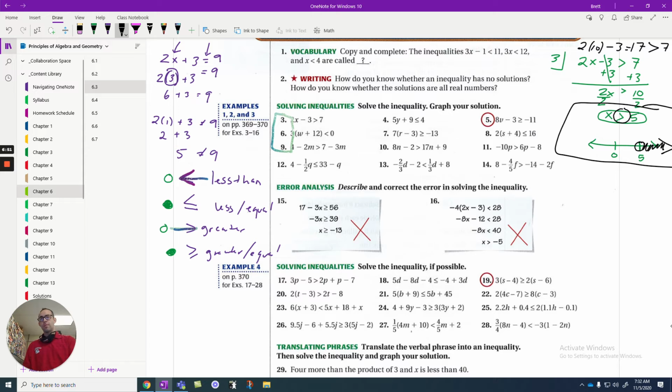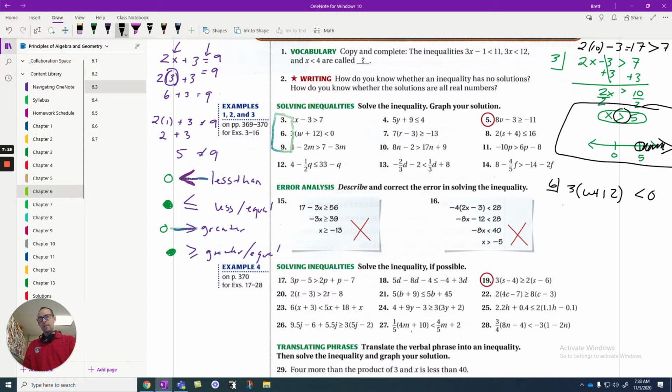Let's look at question number 6. You guys will notice, if you look, 3 looks a lot like 4 and 5. 6 looks a lot like 7 and 8. 9 looks a lot like 10 and 11. So if you use each one as a pattern, I'm trying to give you that option. Show you one right here, and then you can carry that pattern across. We get 3 times w plus 12